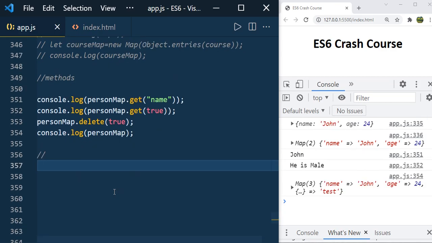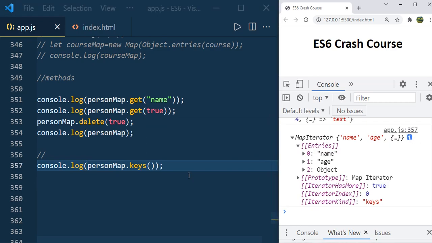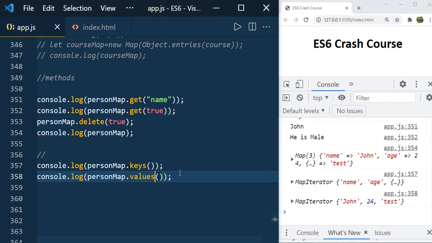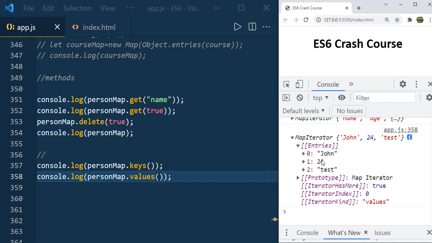To get all the keys of map you can use the method called keys. So console.log personMap.keys, it will give us all the keys of map. You can see name, age and object, and also you can observe that it is a map iterator. Same way you can use the method called values to get all the values of the map. Here again it returns the map iterator and you have all the values.